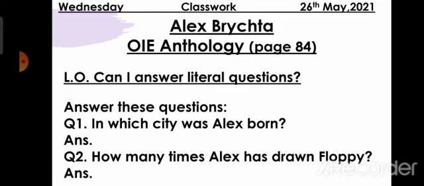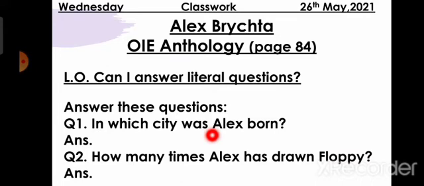Okay, and how will you start your answer? Alex has drawn Floppy, then you will complete the answer and end it with a full stop. And all of you know that proper nouns begin with a capital letter. As you can see in the second question, Alex is the name of a person. Floppy is the name of a dog, so they are beginning with capital letters, as you can see